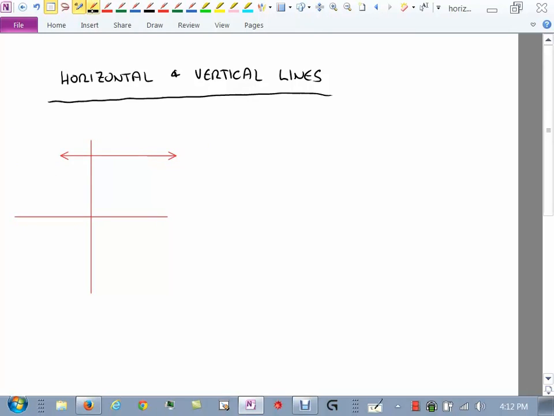And the horizontal line always has what type of intercept? A y-intercept, right? And it hits at some place. I'm going to call that y equals, well, I guess I'll go with what the book uses, k. It'll hit at some number. y is 2, y is 5, y is 1,000,000. Could be a fraction. So if we want to write the equation of this line, the equation will be y equals k. That's the equation of a horizontal line.